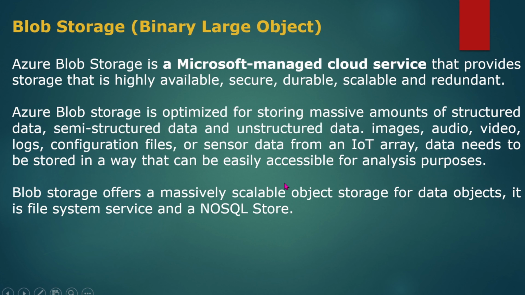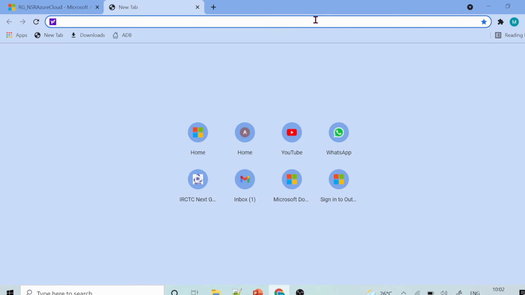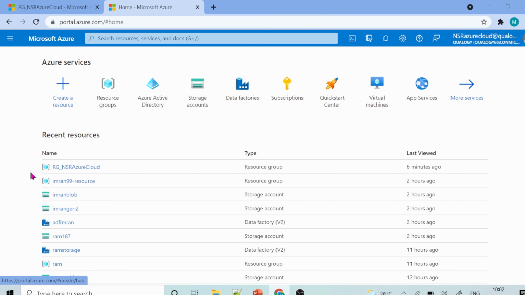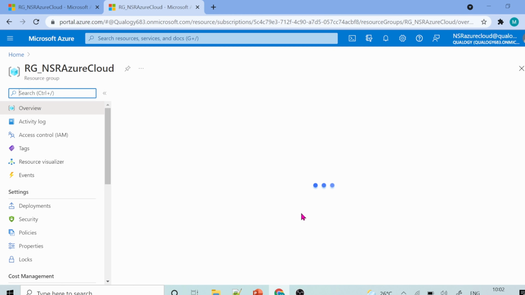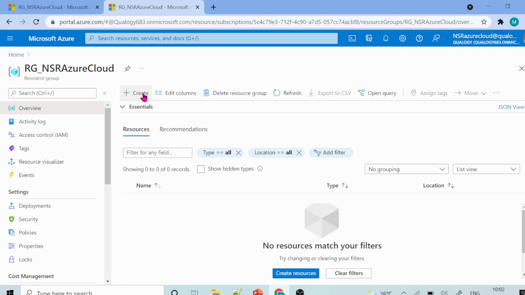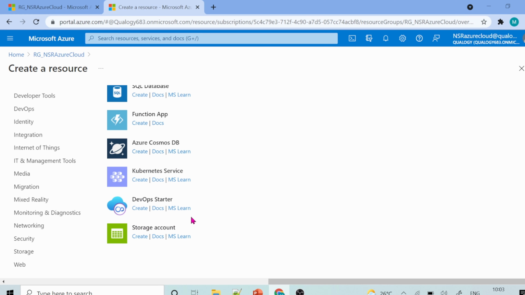Now let me go to the portal and show you how we create this blob storage account. I'm opening portal.azure.com. In the previous video, you saw how to create a resource group. Under this resource group, I'll create one blob account. Blob is a storage account, so if you can see here, this is the storage account.